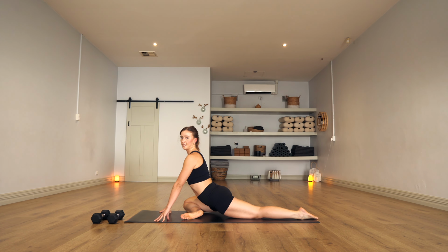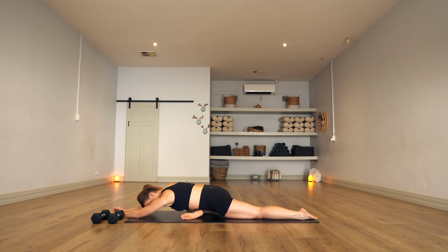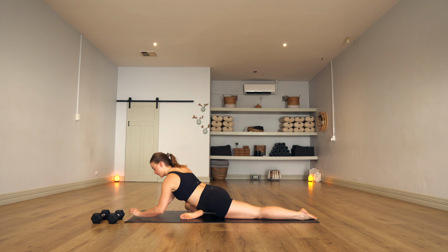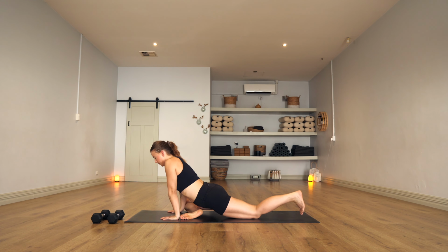Now you can stay up here. If that's enough of a stretch, you can come down to your elbows, or you can extend all the way out. So again, try to keep your hips square. We're trying to feel that stretch through your right glute. Big breath in, press yourself up, step it back,